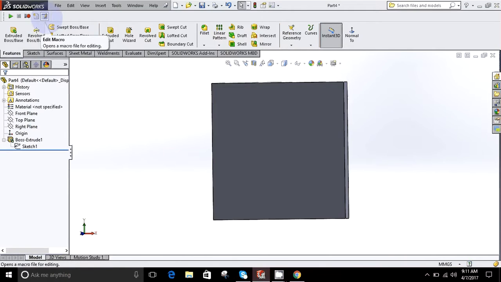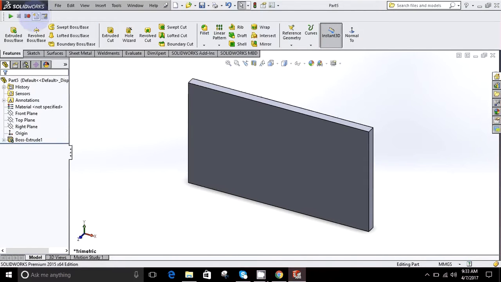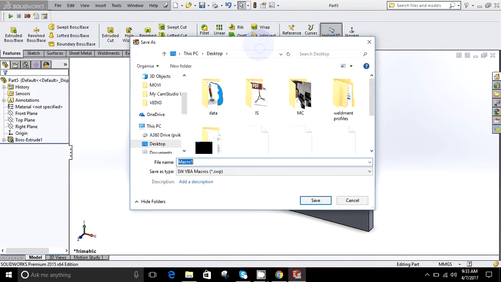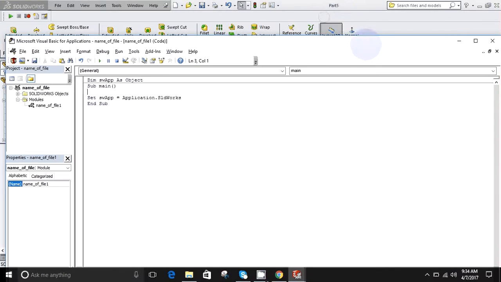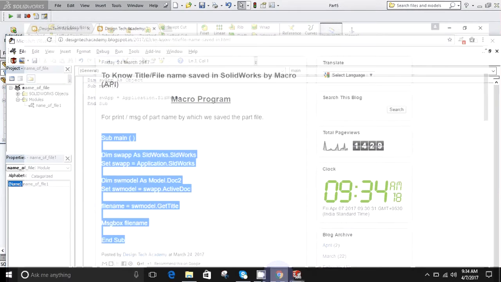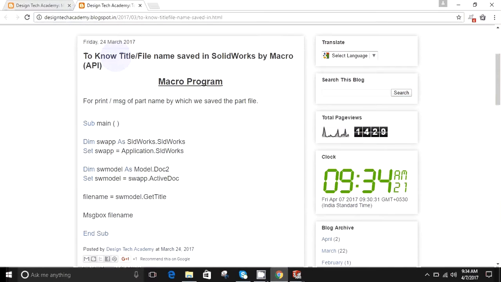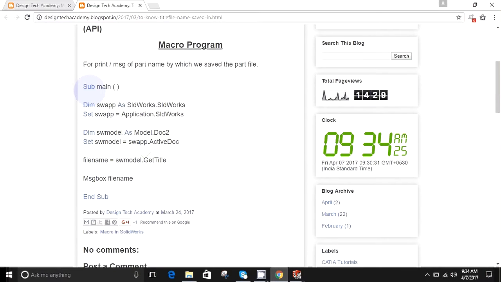Now edit macro and new macro. If you want to make your own macro, then create a new macro. Give the name of the file. I want to check the name of the saved file, which is part 5. For some programs you can go to my blog, which is designtechacademy.blogspot.in. The program is there.